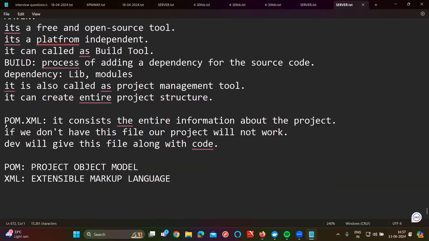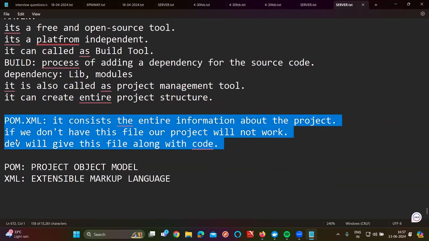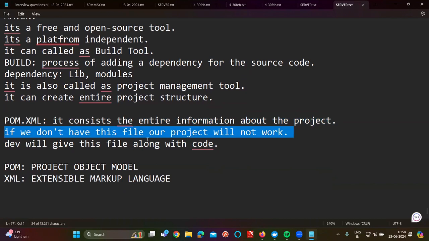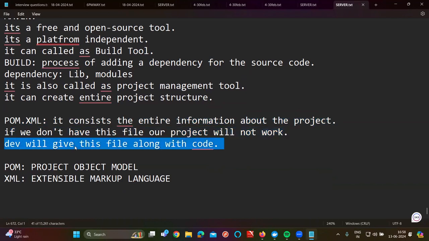So is the information about pom.xml clear for all of you? Tell me, what is pom.xml? It consists of the entire project information. If we don't have this file in our project, it will not work. So who is going to give this file? Developers. But if required, we are going to modify it as per the requirement. It's not mandatory, but on some occasions, we are going to change it. What is the full form of POM here? Project Object Model, and XML stands for